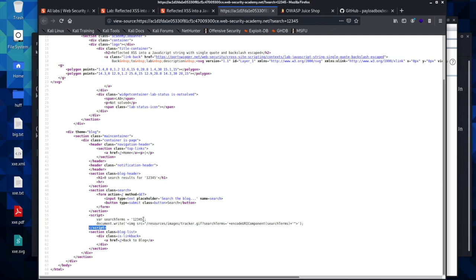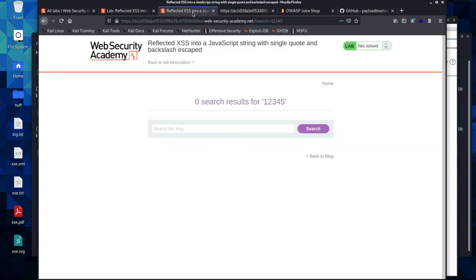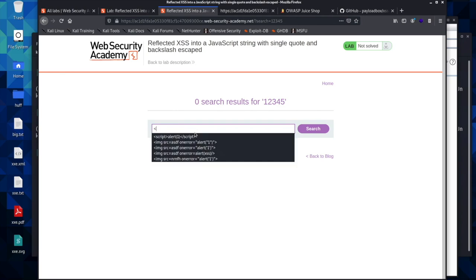So in order to close out of this, we can actually put a script tag up here in our search query, and it will close all this off. This script tag will match this script tag, and then we should be able to open up a new script tag, and it will run in the order. It'll run all of this in the order that it is laid out, and then we should be able to put in our payload. So we'll come back to our lab,